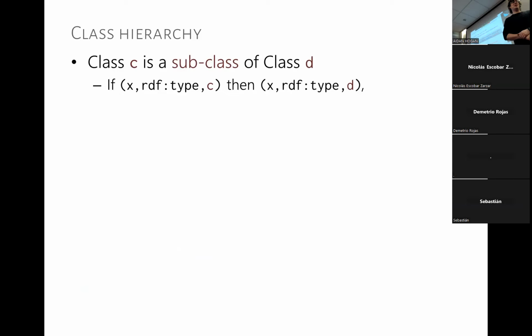and these are the core of the RDF schema that we're going to talk about today. So the first is the class hierarchy, which defines that if class C is a subclass of D, then if something's of type